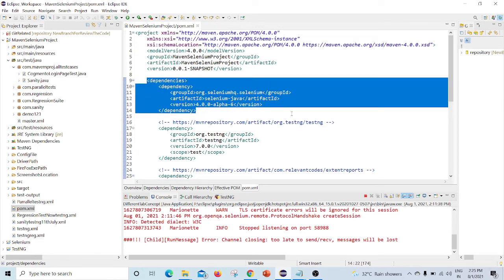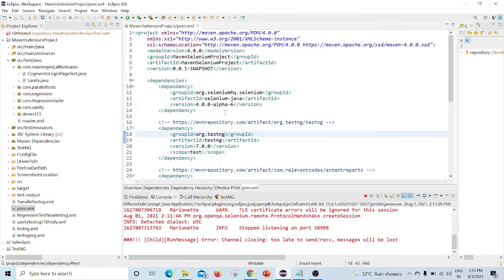After that you have to save the pom.xml file, because whenever you save it, Maven will download all the jar files for that particular version. So no need to download or install jar files from the internet. This is the beauty of a Maven project. Whenever you add any dependencies and save the pom.xml file, Maven will automatically download the jar files for that particular version.